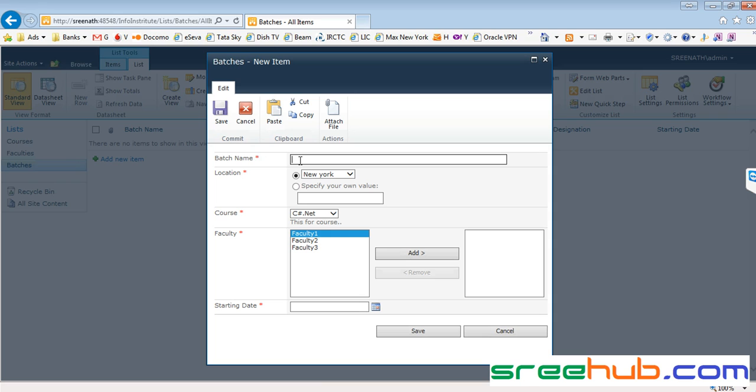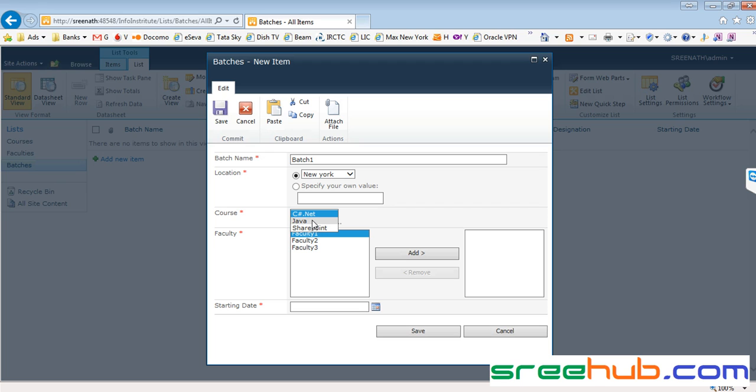Now let us see, whenever we add something, we'll be understanding whatever we have done there. So let me give batch name as batch 1. Can you see here, I just selected something called autofill, which means if you don't have any option here like New York or something, just select this and you can just give your place. Otherwise you can just select from one of your place. And courses are given as only one, you can select only one course at a time. I have not given multiple,